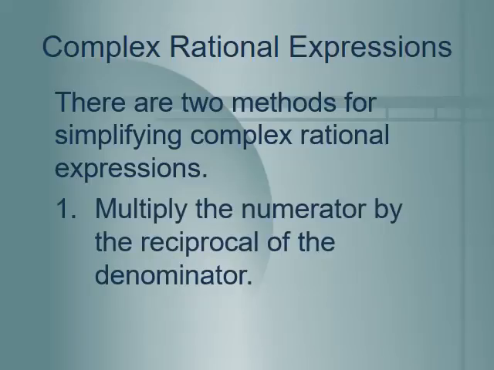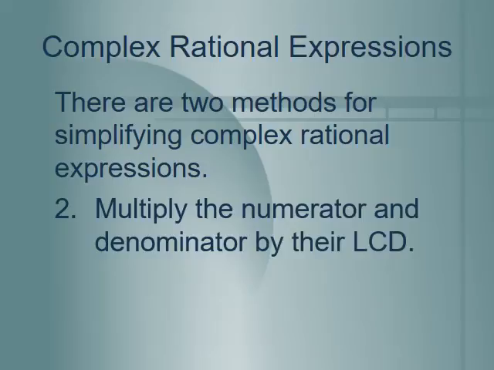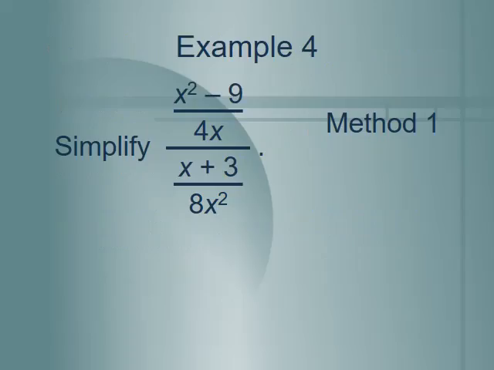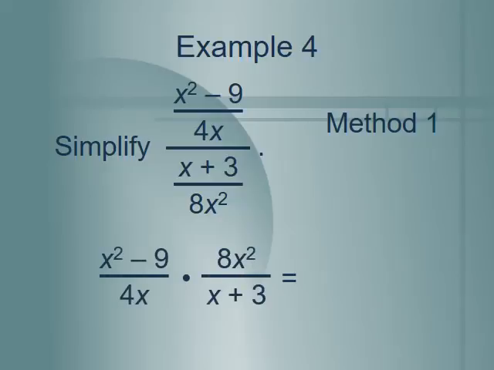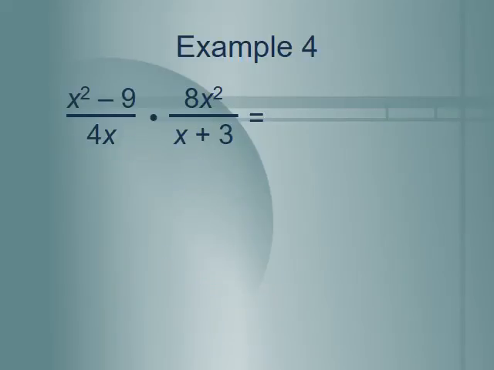So let's look at actually both ways. We're going to do this problem using the first method, in which you multiply by the reciprocal of the second number. And you can reduce as you're able,